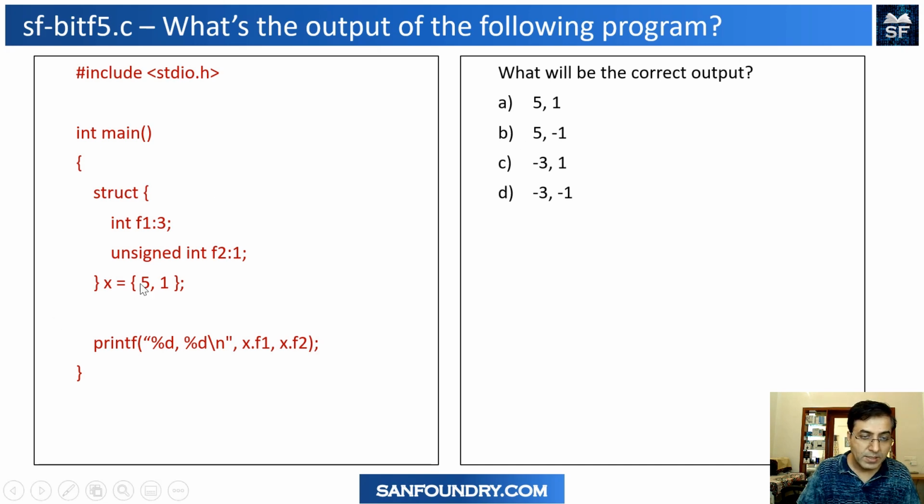So the objective here: this is 3 bits, a signed number. So this is 101. I just now deduced this. It is -3. So one of these answers, -3, is correct. Now I told it is an unsigned entity, which means this bit represents a value. We are assigning a value 1. So it has to be 1. There is no other choice. So the answer for this particular problem will be -3, 1. So that's how the significance is in terms of representing a number, whether the data type qualifier is signed versus unsigned. We have to be aware of that fact.